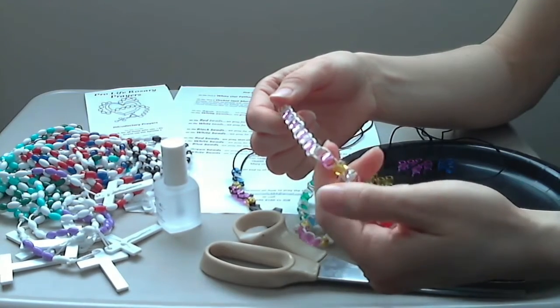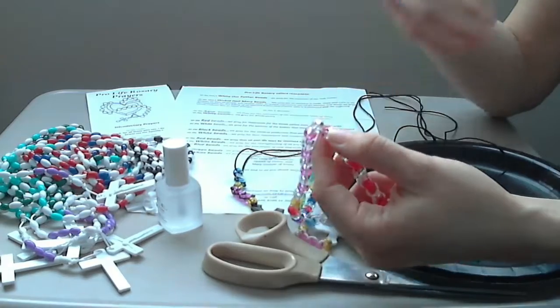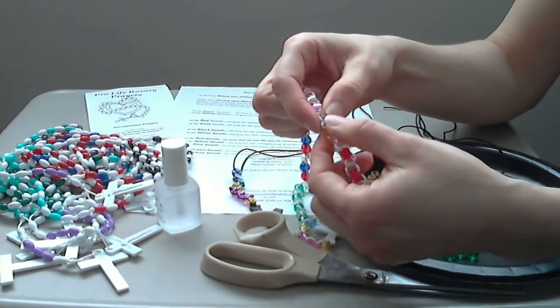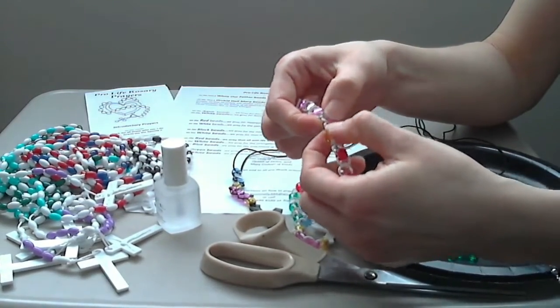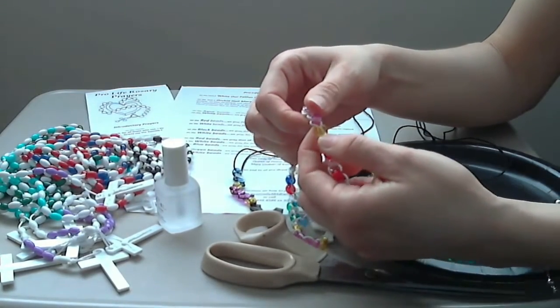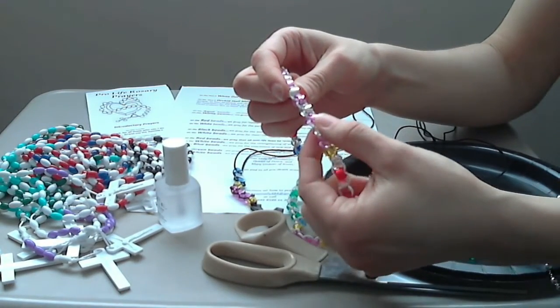And so for the purple or the black, we're thinking of people who do commit acts against human life. So this might be in the medical profession. It might be terrorists. It might be a bully. Whoever is acting against, not respecting human life. We can look in our own hearts and say, okay, when have I not respected human life? And we're praying